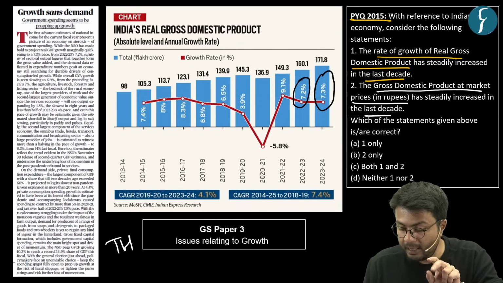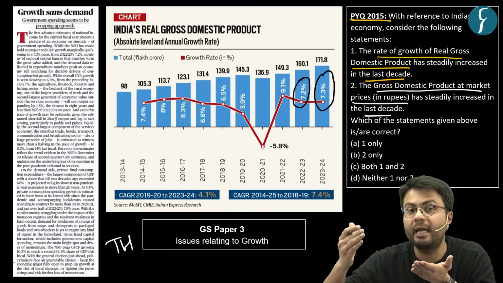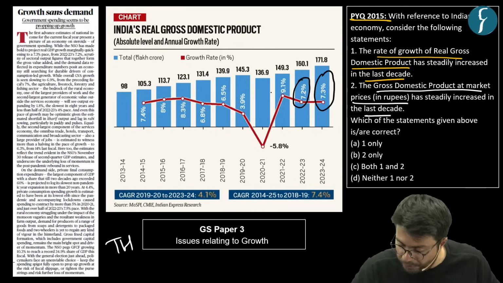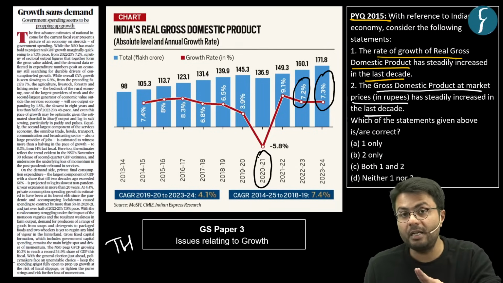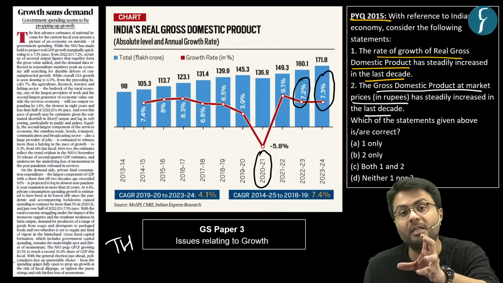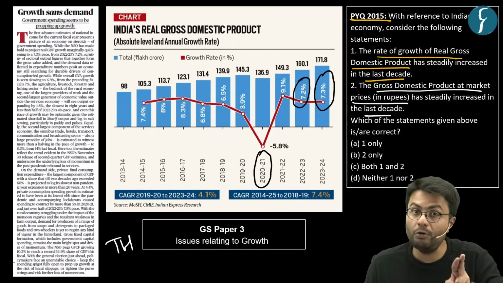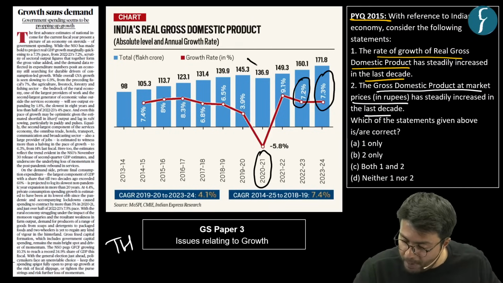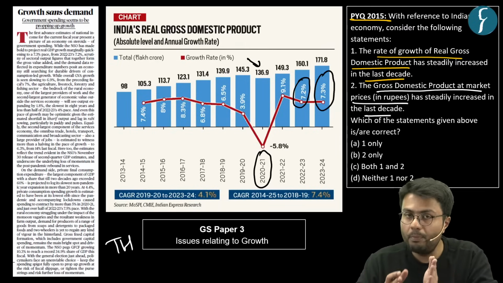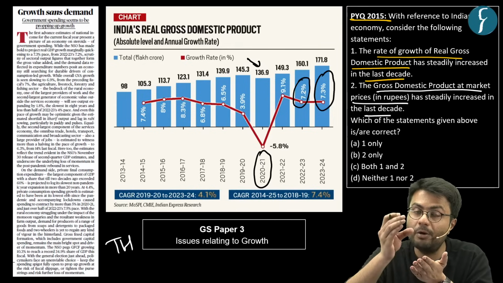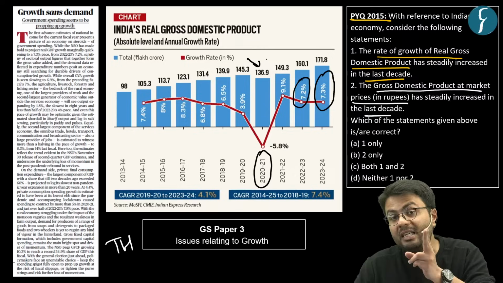And let me highlight that the Indian economy has grown over a period of the last decade with an exception of this particular financial year. Because in this financial year, the Indian economy was subjected to a lockdown due to the COVID-19 pandemic. And due to this lockdown, the economic activity in the country reduced. Thereby, both in absolute terms and in terms of GDP growth rate, the Indian economy witnessed a decline in